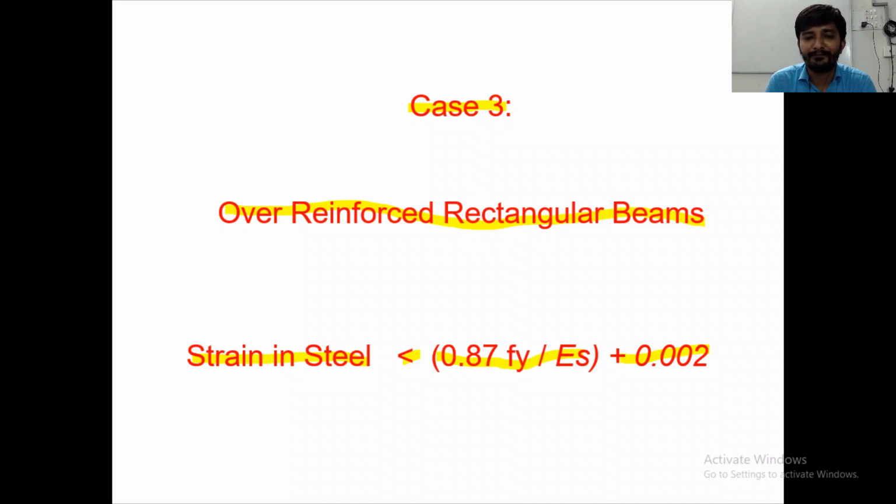Case number 2 is for the balanced section, that means we are finding the maximum values that we can afford. And third is the over-reinforced beam. In that, strain in steel is not reaching its ultimate value, and the tension force is not transferred to the steel; it is getting transferred to the concrete member, which is very dangerous. So our member is becoming brittle. This is the fundamental difference between all these 3 cases. So let us see case number 3 now.